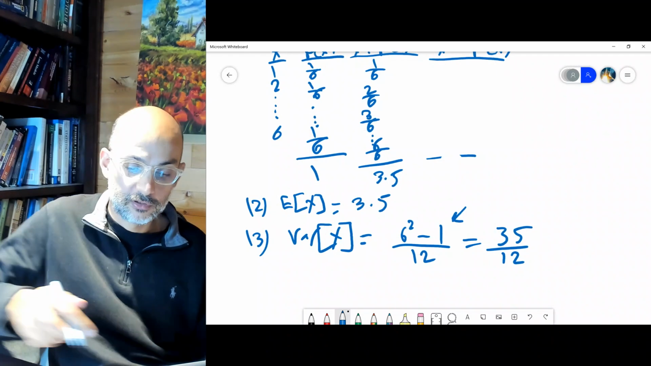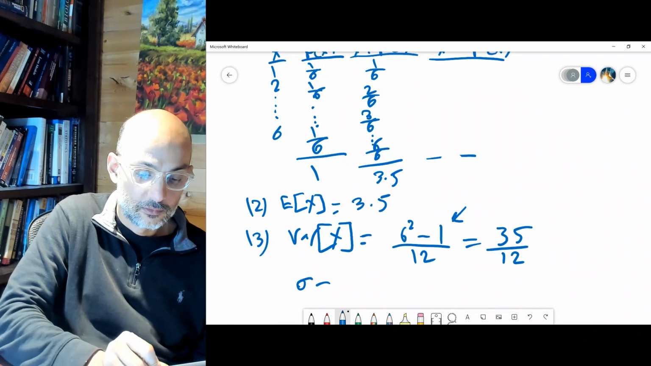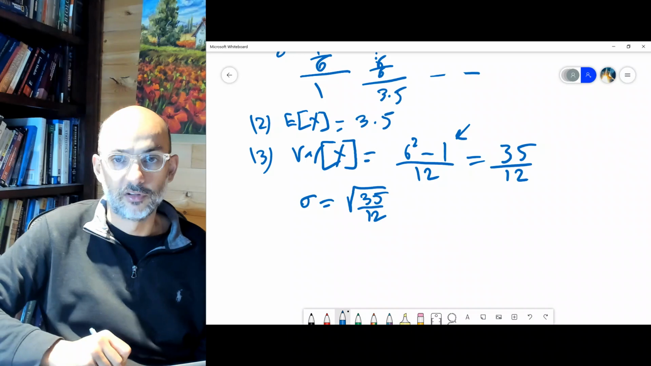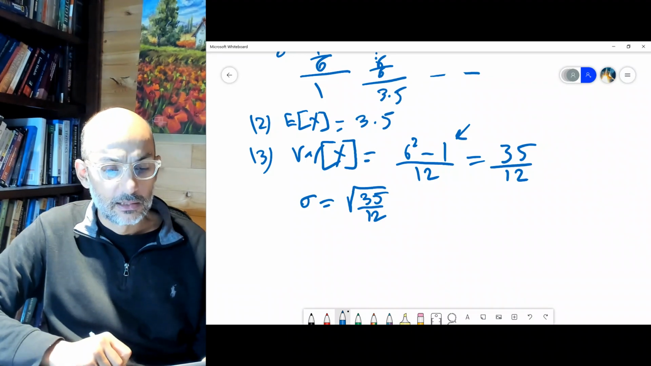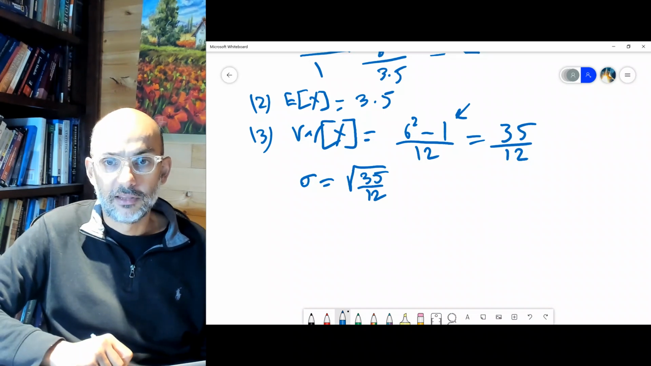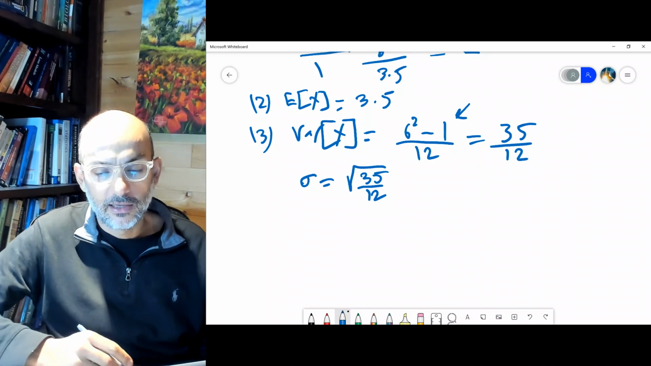You can also take sigma, which is the square root of 35 divided by 12, right? You can compute it yourself, right? So related to this as well, not to spend a lot of time on this, if again, as I mentioned